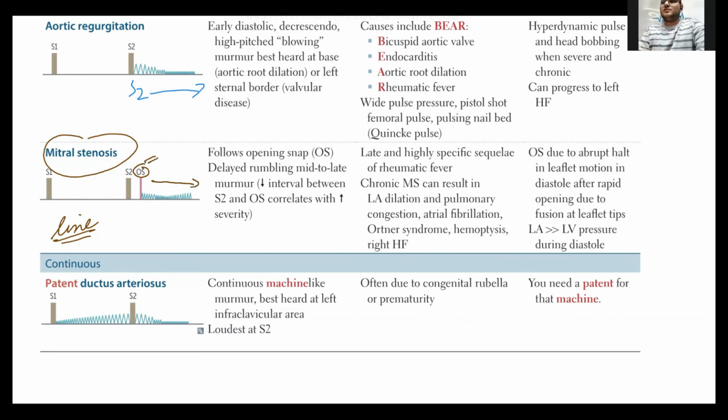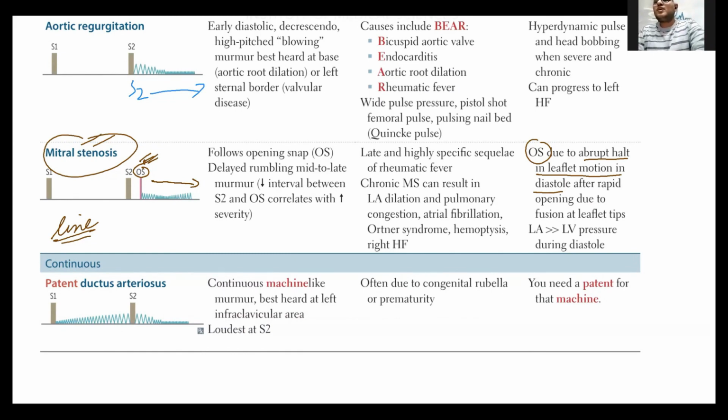तो सबसे पहले ओपनिंग स्नैप आएगी। क्यों आएगी? क्योंकि an abrupt halt in the leaflet motion in diastole। Imagine, picture in your mind, blood from the left atrium. अब लेफ्ट एट्रियम से हमारा ब्लड लेफ्ट वेंट्रिकल की तरफ आ रहा है, and now what is happening, there is a sudden opening of the valve, rapid opening of the valve. What will happen when there is a sudden obstruction? Because there is a stenosis, a small sound is created, that is opening snap, okay।